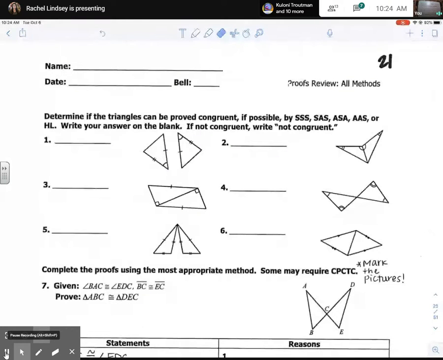Okay, so that's hypotenuse, leg, and CPCTC proofs. So now we're going to practice all the different